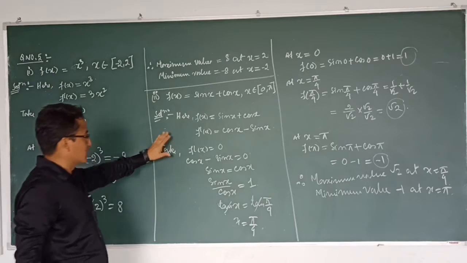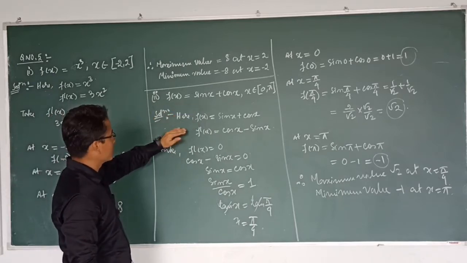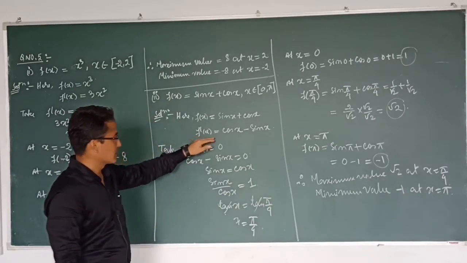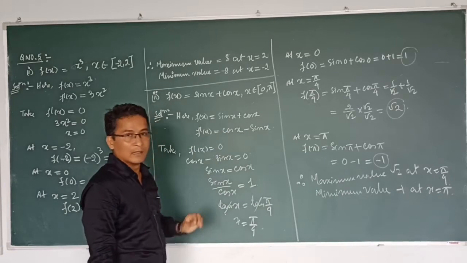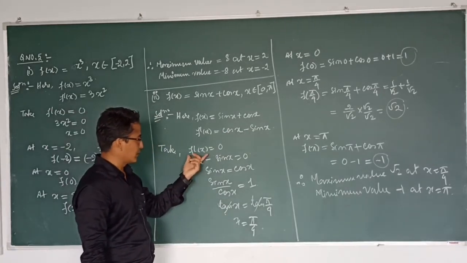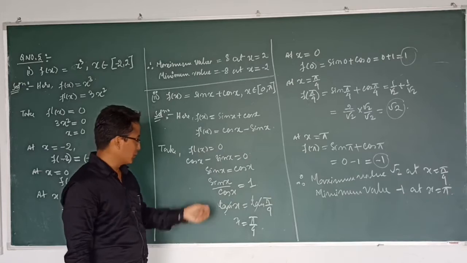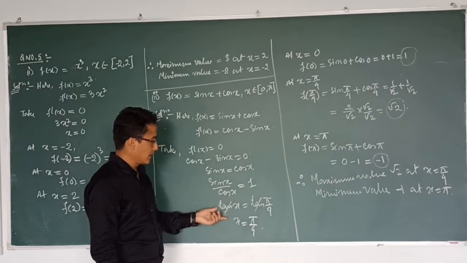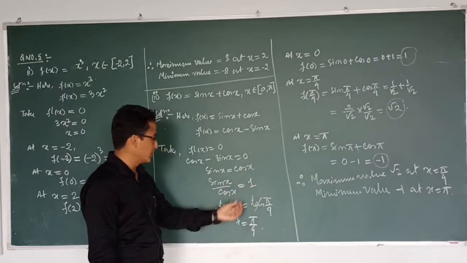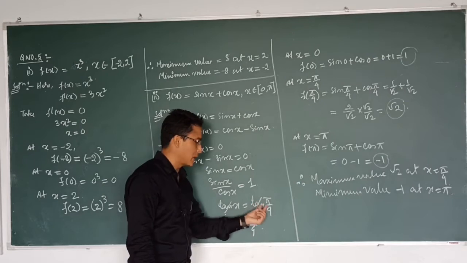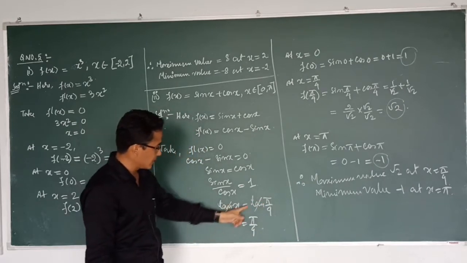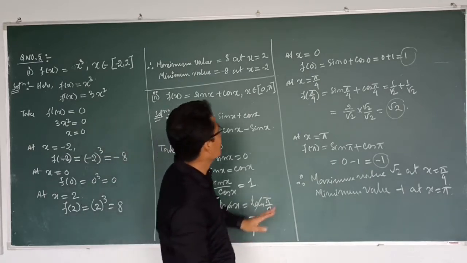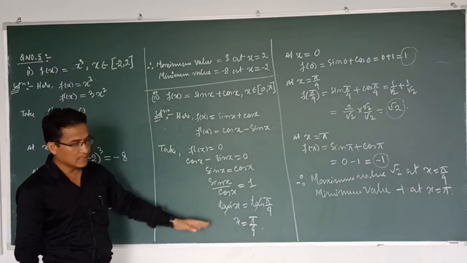So once again I will explain quickly. This is our function. First we take the function and find f'(x), that is cos x minus sin x. For finding the value of x, we take f'(x) equal to 0. After putting the value, we see that our left hand side is tan x and the right hand side is 1. So we write the value of tan pi by 4 here, so the tan cancels. Ultimately we get x equal to pi by 4. So pi by 4 is the value of x.